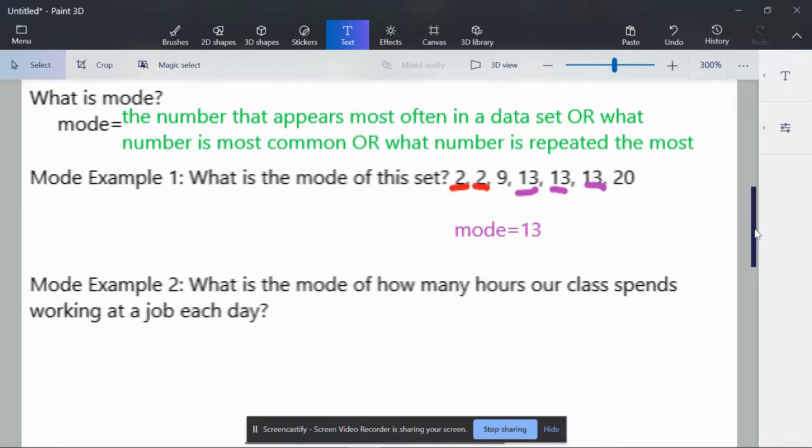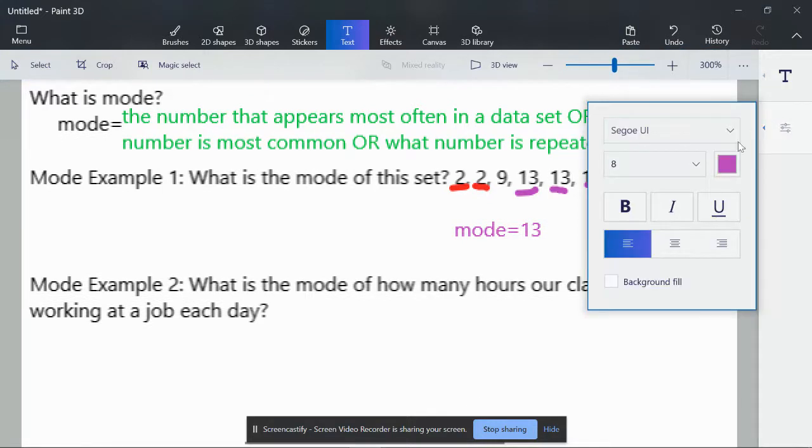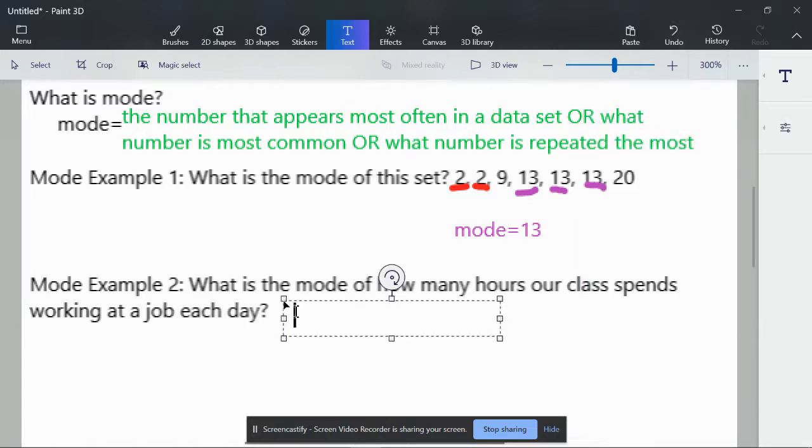For our second mode example, I forgot to type our numbers up, so let me do that. The numbers we're looking at are how many hours our class spends working at a job each day. So these are responses from that survey I sent out to you guys. So we have, what all do we have? We have 0, 0,